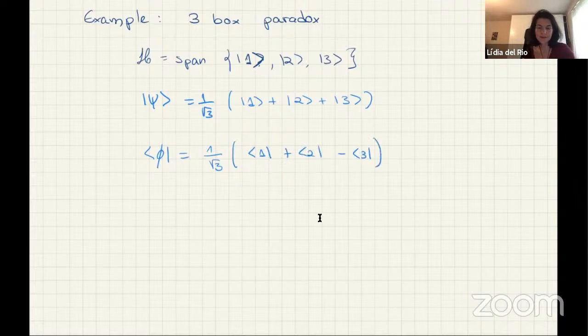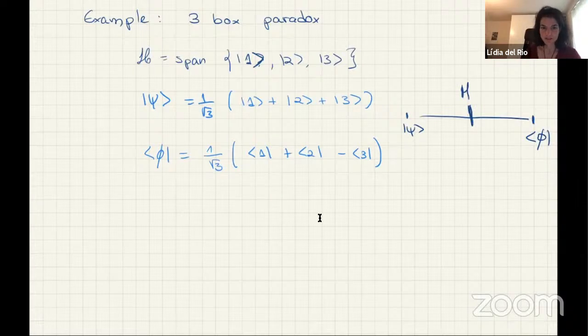Okay, and now we ask, well, what could be the intermediate measurement? Remember that this is the beginning, we prepare this. At the end, we post-select on that, and then in the middle, we're going to do something. Okay, so we're going to do some measurement M